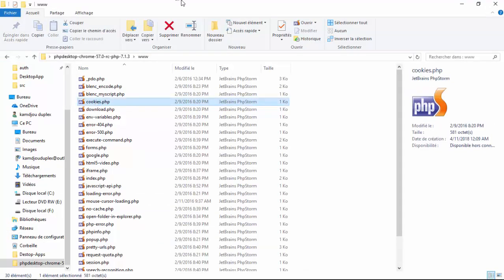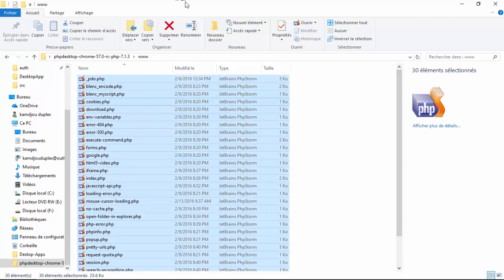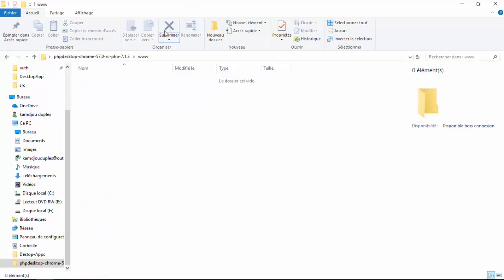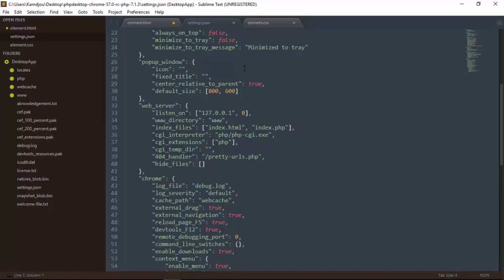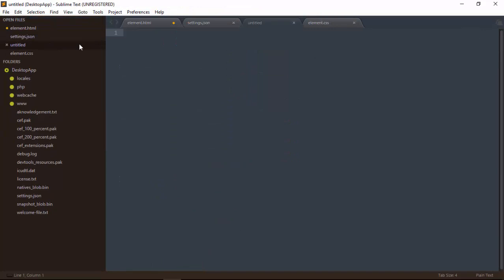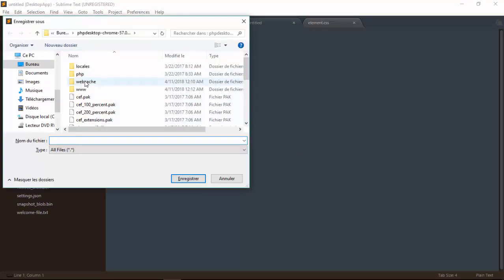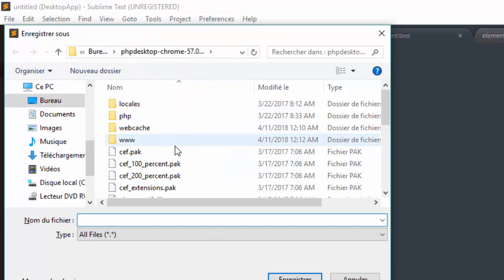So let's delete everything here and just create a new file called index.php. We save it into our directory.